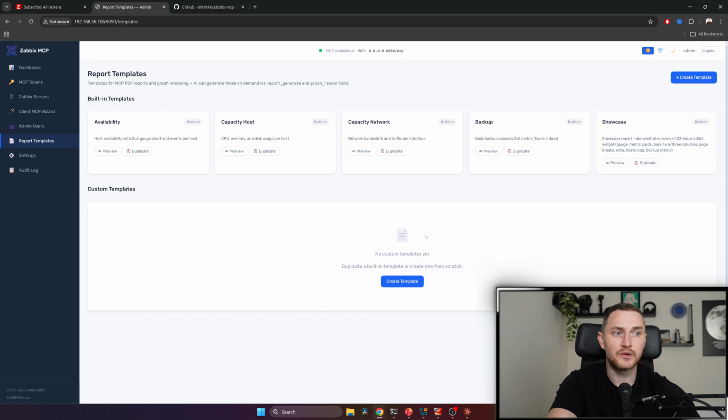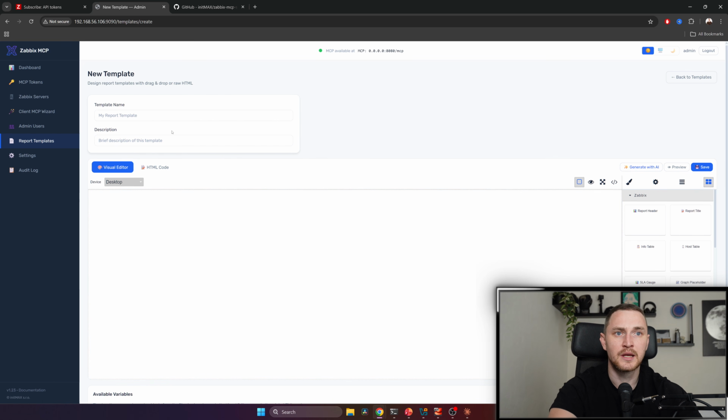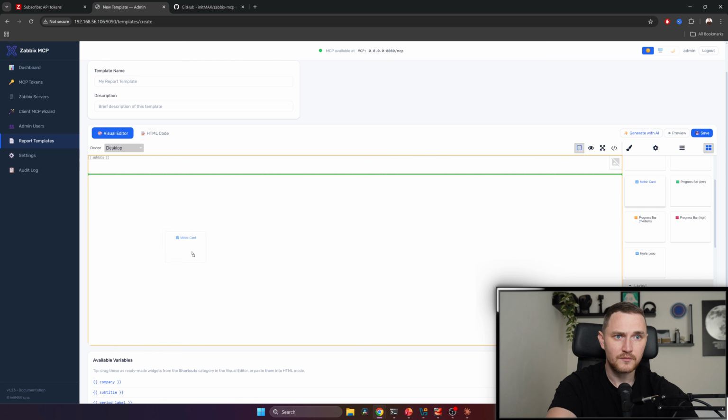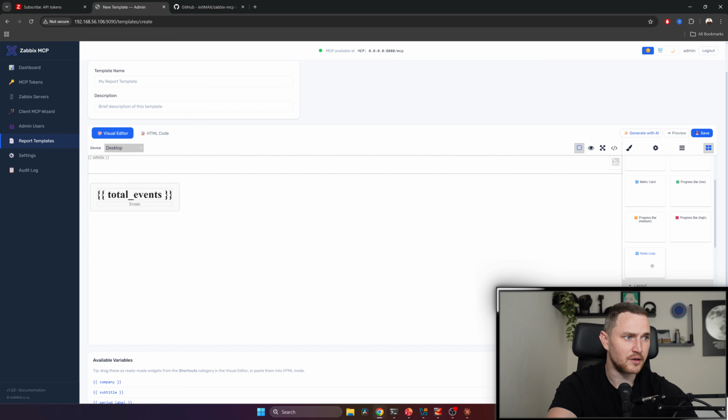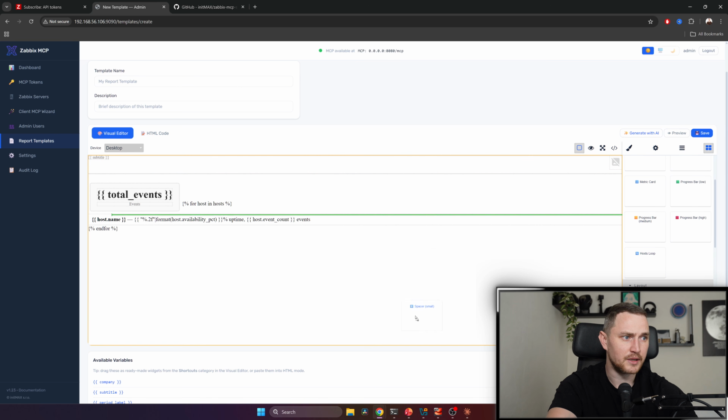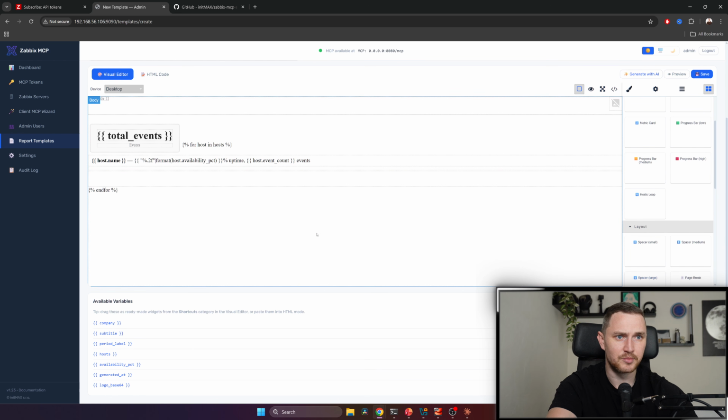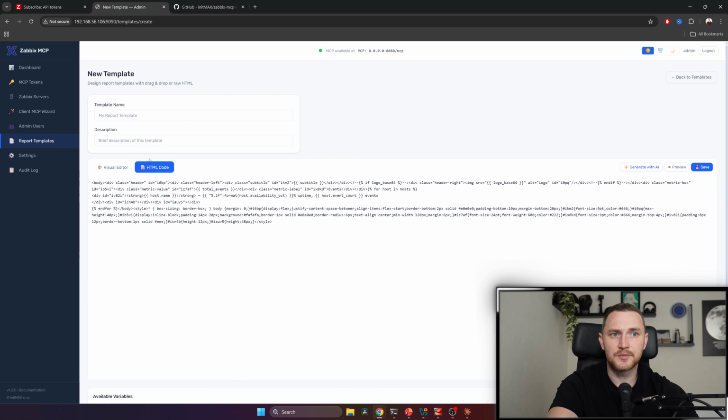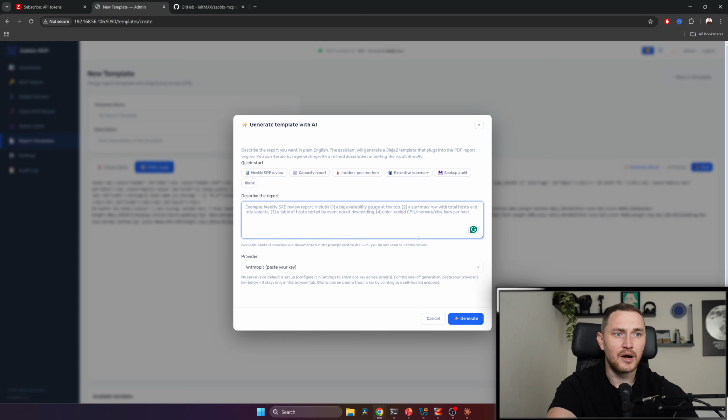What else is important? You can create your own templates, and there are multiple ways to do that. Create a template, call it something, give a brief description. You can do it with a visual editor where you just drag in all of the stuff that you want to include, like the metric card, hosts loop, and space. This is a little bit clunky, right? The second option is to do that directly via HTML code, but I believe the most user-friendly approach would be to generate it with AI,